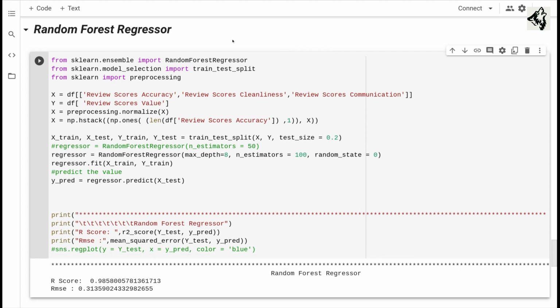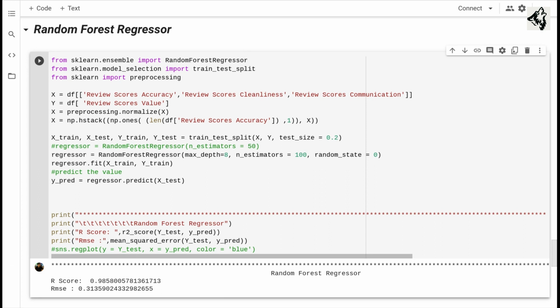As we had classified in decision tree, we are going to be using the random forest regressor to predict the review scores value from the review scores accuracy, review scores cleanliness, and review scores communication.